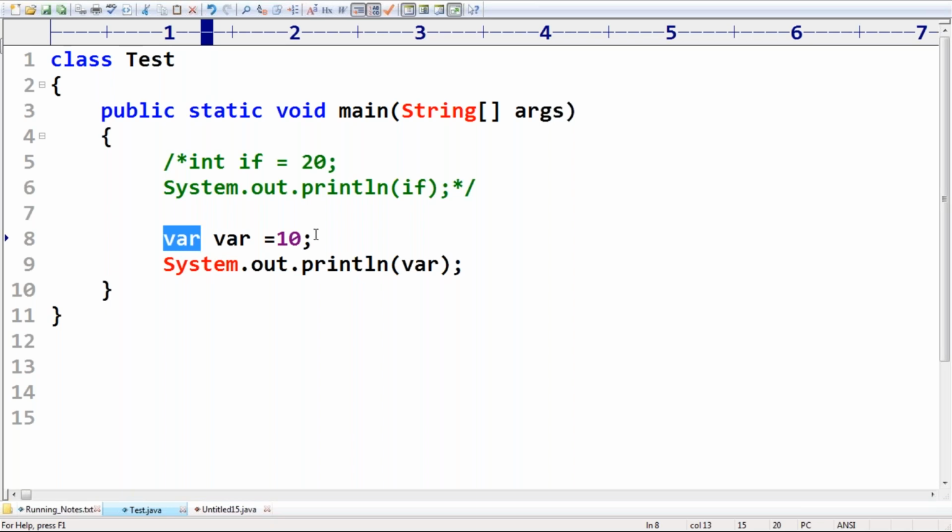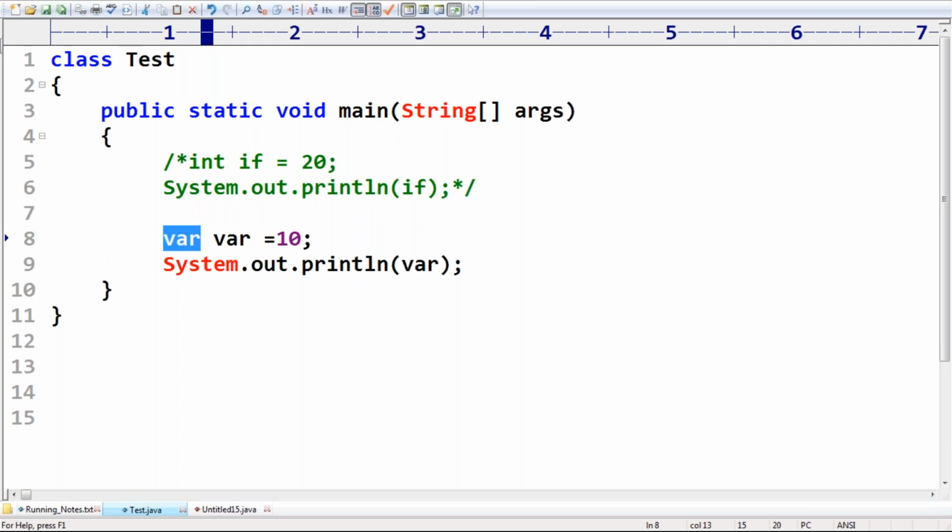So var is required at compile time, but at runtime, is there any such concept? Is there any use of var at runtime? No, because the compiler always replaces var with the type automatically. At runtime, there is no question of var.